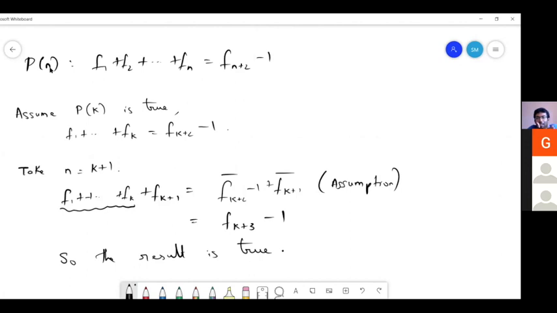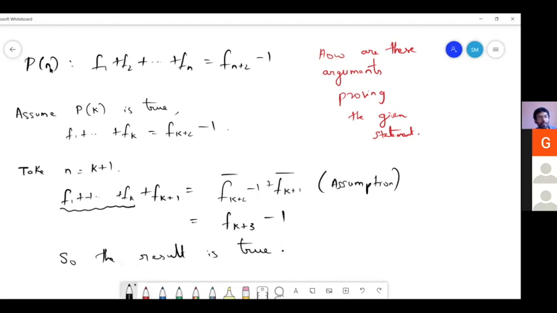Others, including Sunil, you can see, and first of all, try to see if there are any gaps in this, or if you're convinced that this is a valid proof technique, you can give a justification. We have to put in one statement to show that it holds for p of 1 or some constant. That would be the starting point, and then if true for k, it's true for k plus 1 will kick in. So first we have to show that it holds for p of 1. We have to show it empirically.